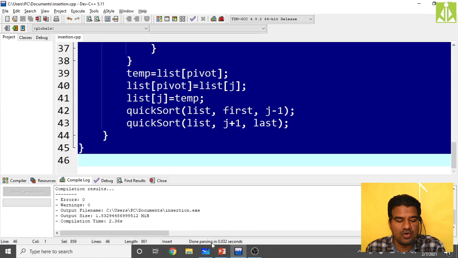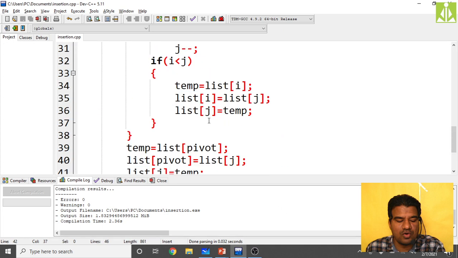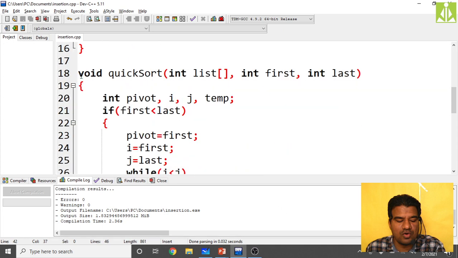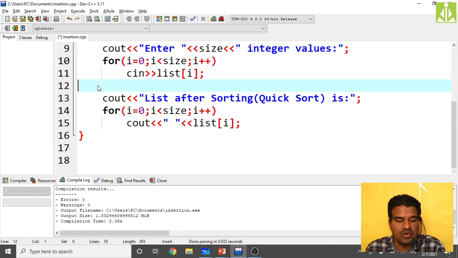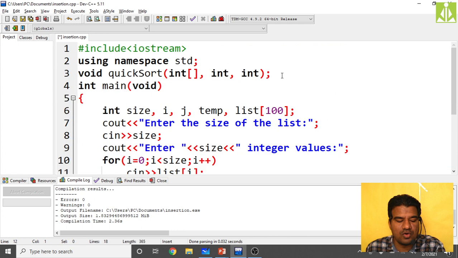So here also, same thing: reading your list, performing the merge sort, and printing. The same thing we are doing over here. So I will just remove this quick sort function, and here also we remove this quick sort, because the rest of the things are the same. This also we call recursively. So first I am writing merge, then merge sort. Two different functions we are writing.